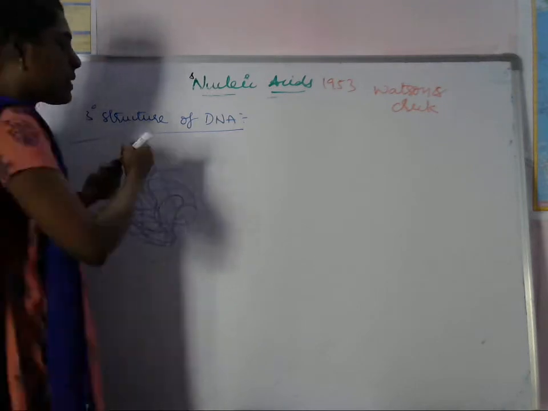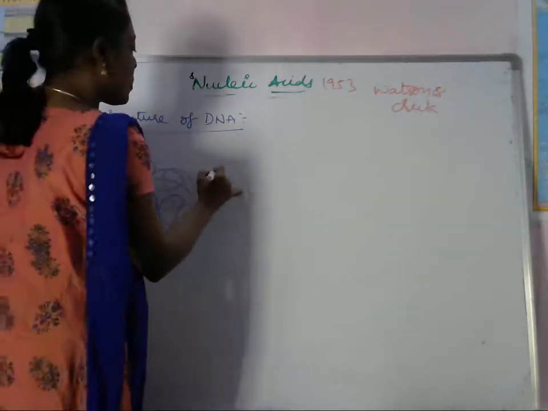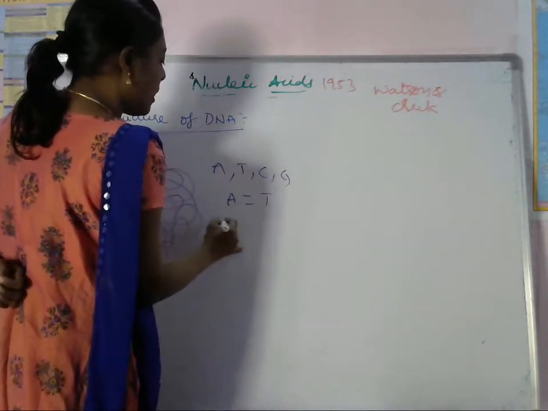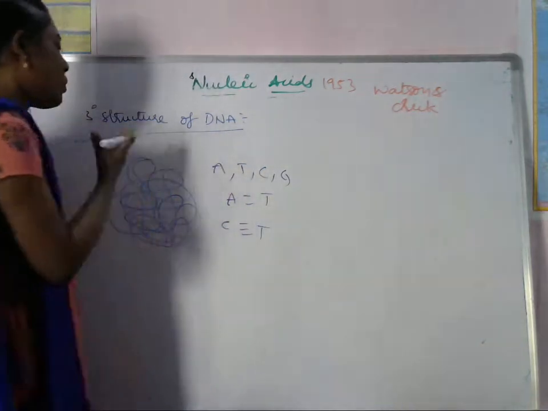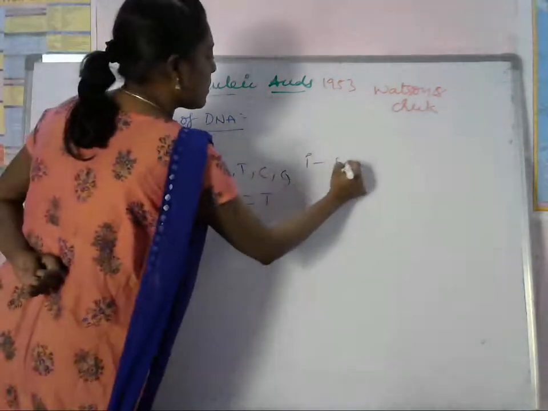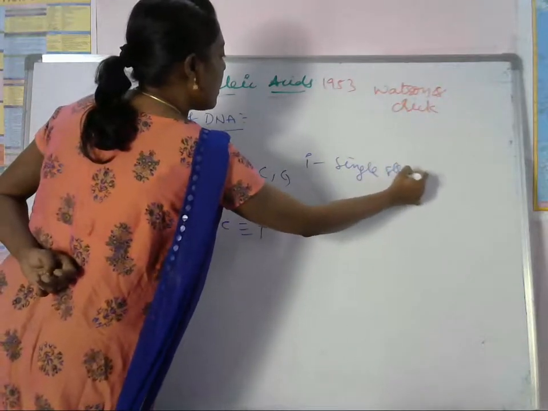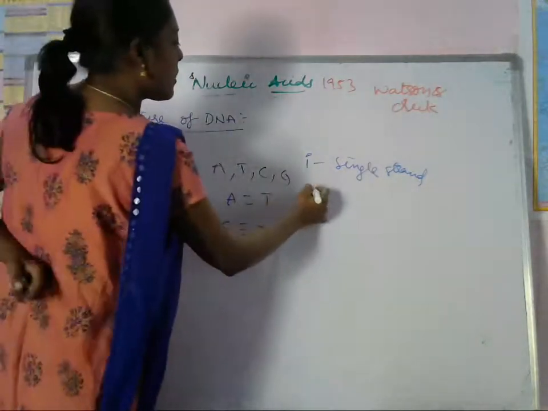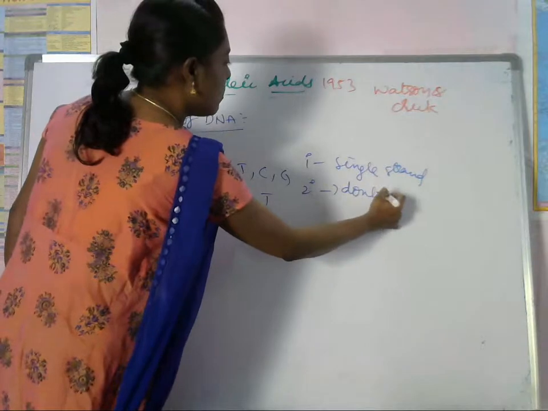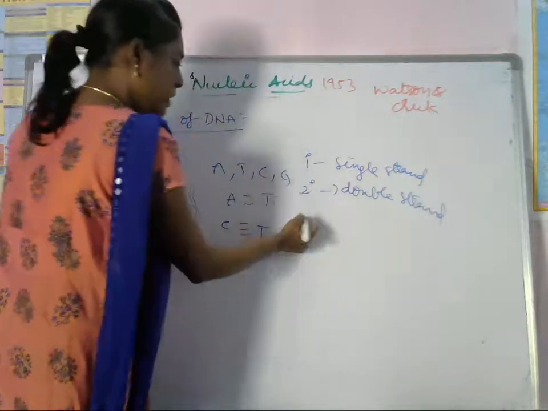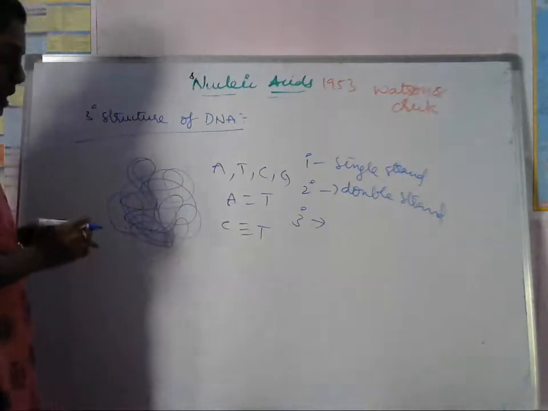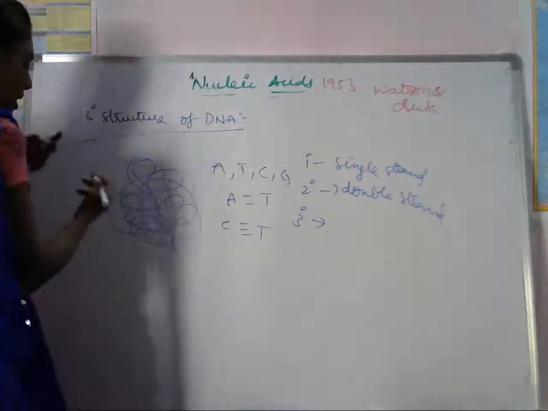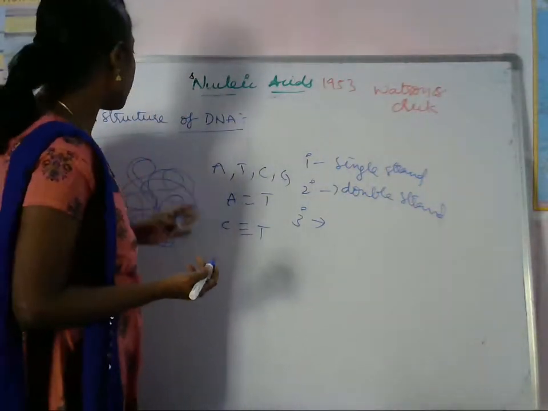The same base pairs will be present, same as in the primary and secondary, which are adenine, thymine, cytosine and guanine. There is a double bond between A and T, and a triple bond between C and G. But what is the difference here? For primary, only a single strand is there, meaning two single strands are bonded with each other. In secondary structure there is a double strand. In tertiary structure the double helical structure is supercoiled. That's why it forms a tertiary structure.